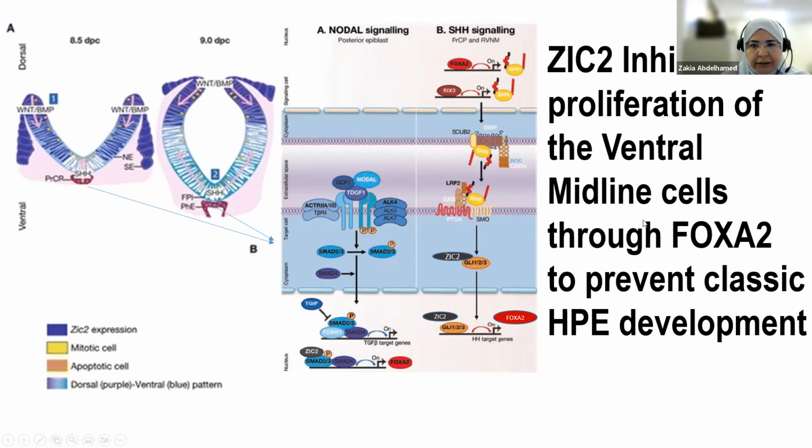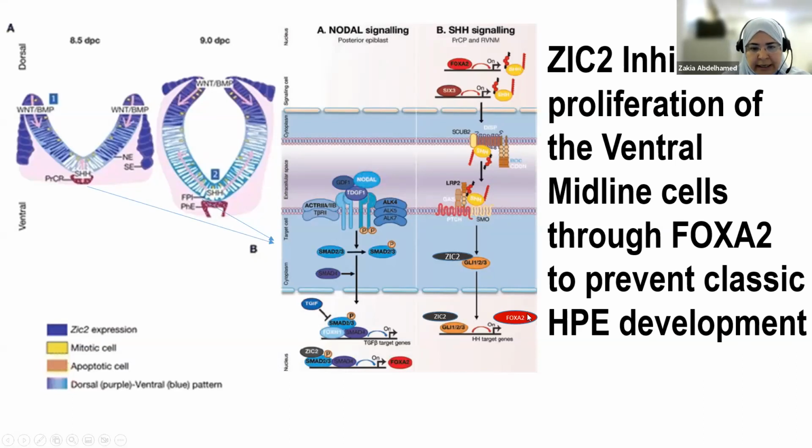This is the most accepted, or the easiest to understand, mechanism of ZIC2 causing ventral structural brain malformation: that it is under control of sonic hedgehog in the ventral midline, complexing with GLI, because it is very similar. The zinc finger protein of ZIC2 is very similar to the GLI members of transcription factors that mediate sonic hedgehog signaling. And once it is combined with the GLI, it is known that it can translocate the GLIs